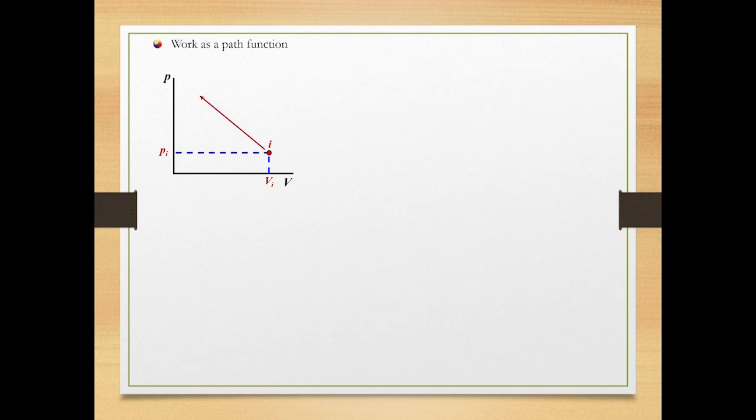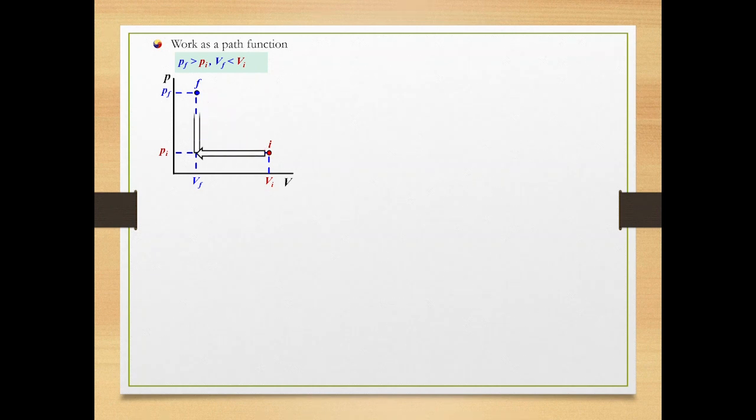As the gas is compressed, its volume decreases, but its pressure increases instead. The final state is represented by the blue dot. The blue dot F defines the final pressure and volume. Take note that the final pressure is greater than the initial pressure, but the final volume is less than the initial volume. There are many different ways to get to the final state from the initial state. Let me select two paths and call them path 1 and path 2.